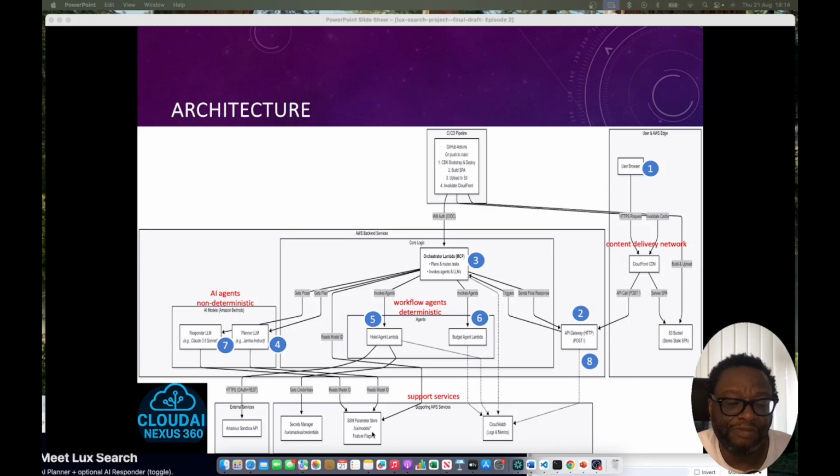That provides us with a repository to store our model IDs. In this instance, we are going to be using a planner model, which is the AI21 Jamba Instruct version, and we're also going to be using a responder model